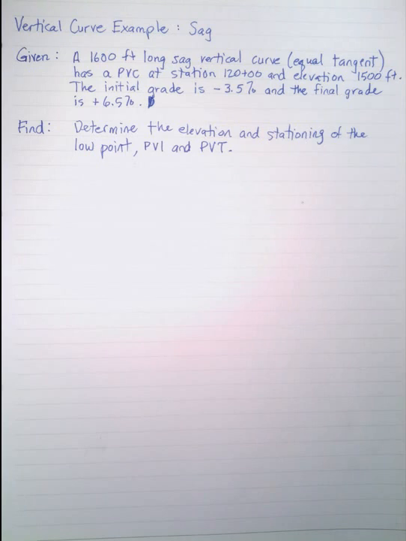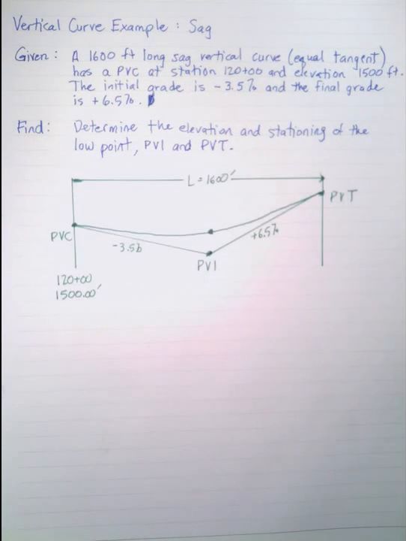Basically, what we want to do is fully describe this vertical curve in terms of its stations and elevations. So we would like to find the elevation and stationing of the low point, the PVI, and the PVT. So the first thing I'm going to do is draw the picture. Now that we've drawn the picture, and by the way, I'm a big fan of drawing the picture carefully so that you can make sure that you're solving the problem correctly, there's a little bit more information we can add